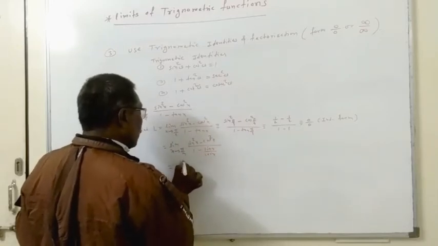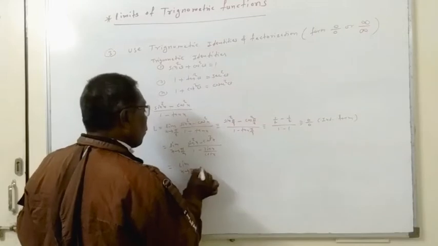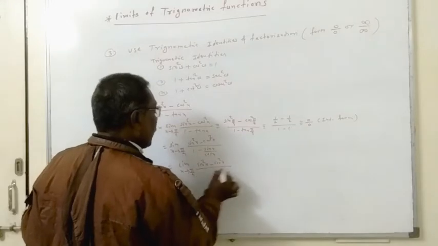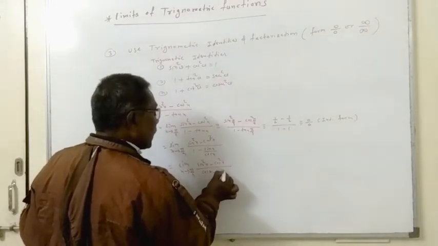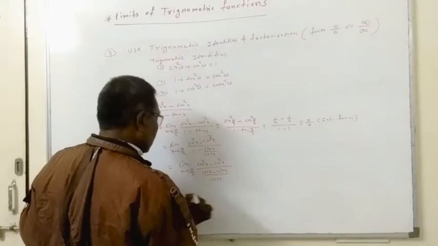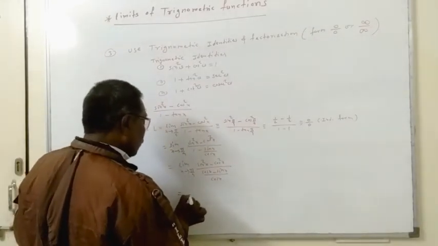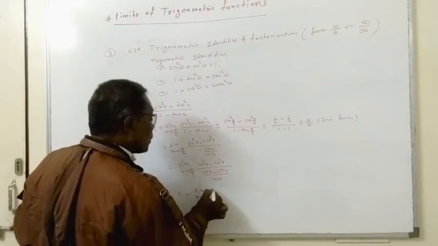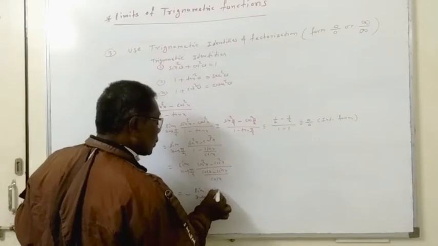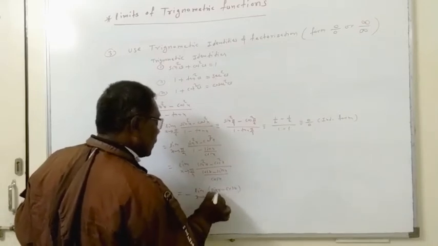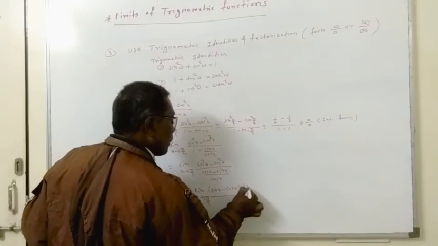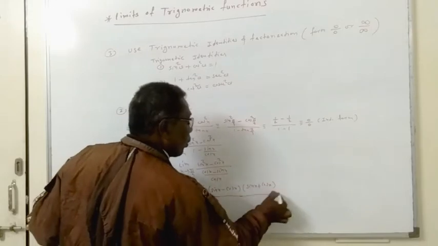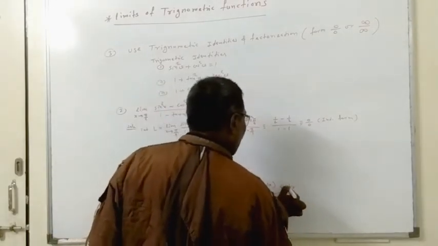So that is equal to limit x tends to pi by 4, (sin square x minus cos square x) divided by (cos x minus sin x divided by cos x). Now the minus sign we will take outside from the denominator. Now we will factorize sin square minus cos square: (sin x minus cos x) into the other factor (sin x plus cos x). Now the denominator of the denominator we will take in the numerator, so into cos x.